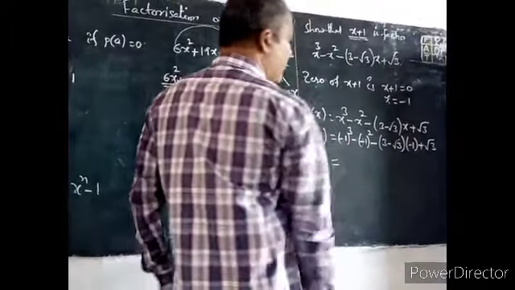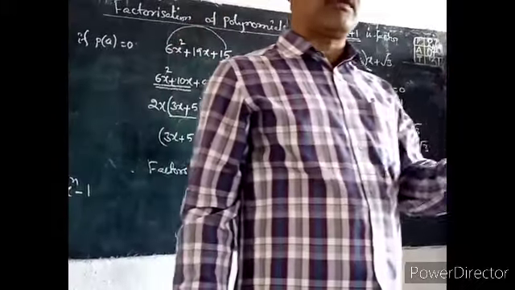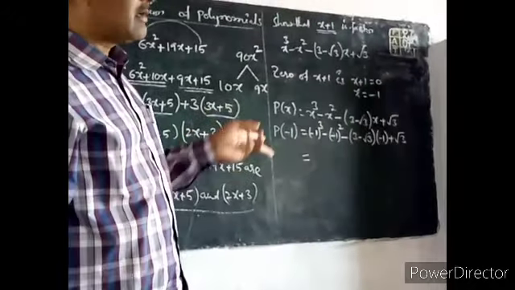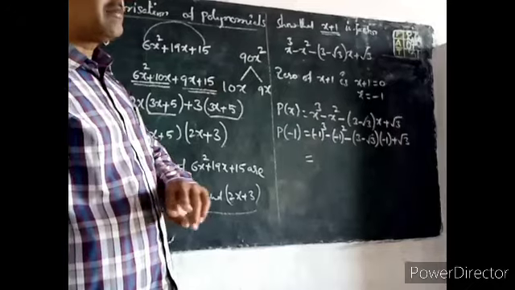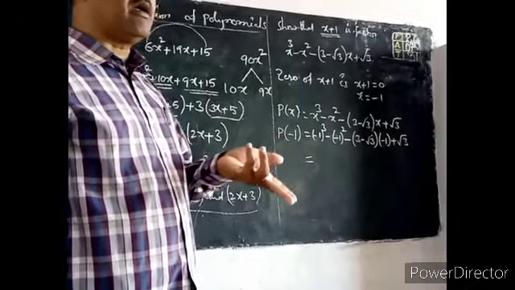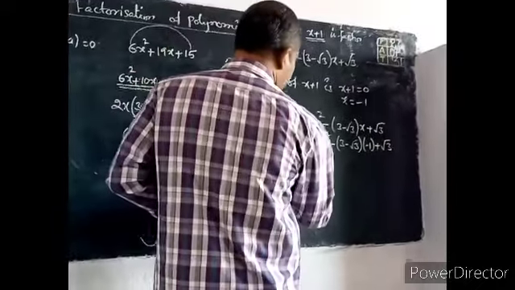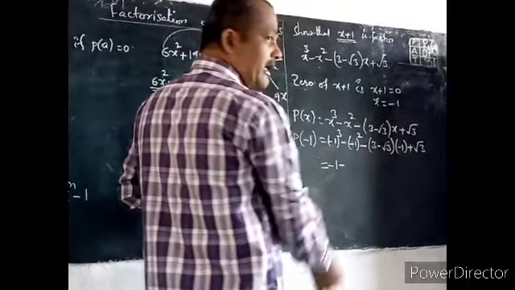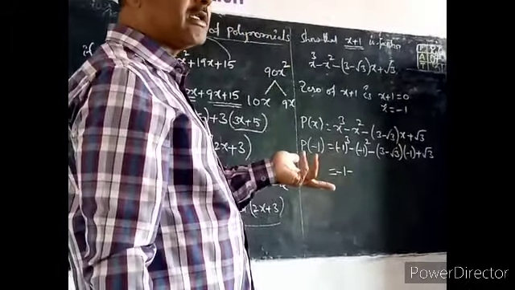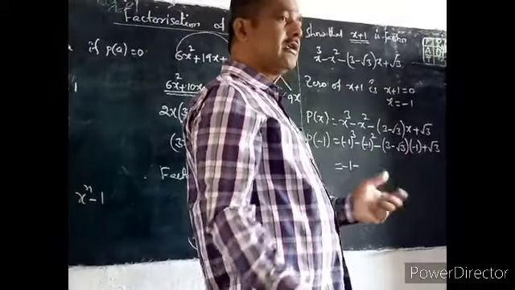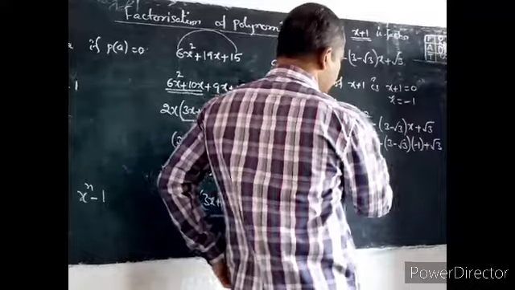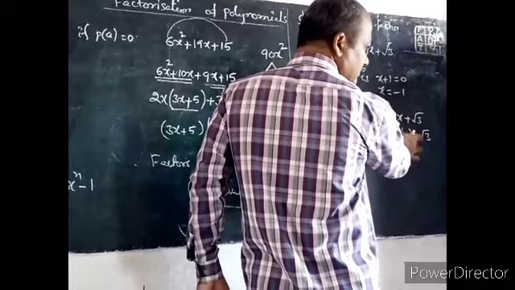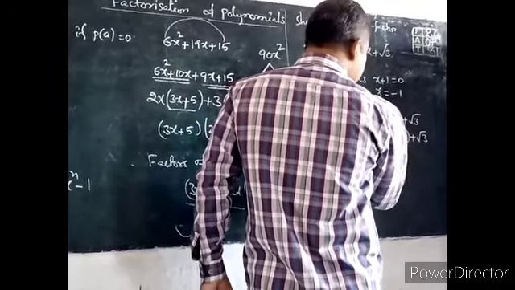Now simplify it. Minus 1 cube means minus 1 into minus 1 into minus 1, 3 times. Minus 1 into minus 1 is plus 1. Plus 1 into again minus 1 becomes again minus 1. Plus into minus, what? Minus. So minus 1. Again here the minus symbol is connected. Minus into minus, what square do you have? Square means 2 times multiplication. Minus 1 into minus 1 becomes plus. So plus 1. But in between, already you have minus. Next here, minus into minus is plus. Minus into minus becomes totally plus.